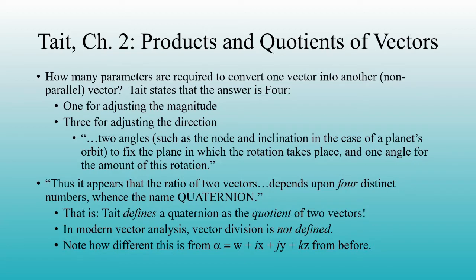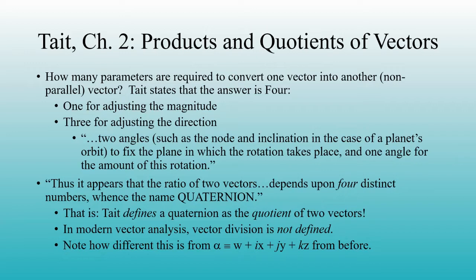Adding and subtracting quaternions or vectors is not enough, as Hamilton noted many years earlier. The system should be able to support and interpret multiplication and division as well, along with exponentiation and roots. Tait starts chapter 2 of his treatise with a jaw-dropper. Instead of defining quaternions as q equals w plus ix plus jy plus kz, with i, j, and k all being equal to the square root of -1, as Hamilton and we did earlier, he begins with an observation.